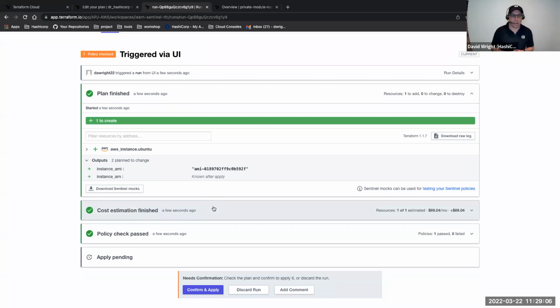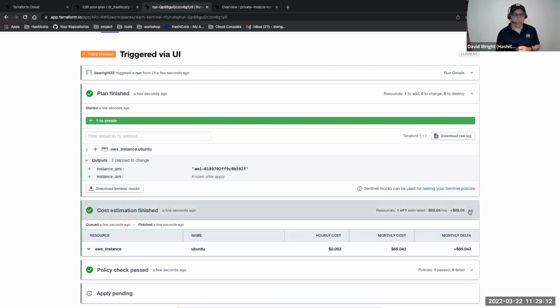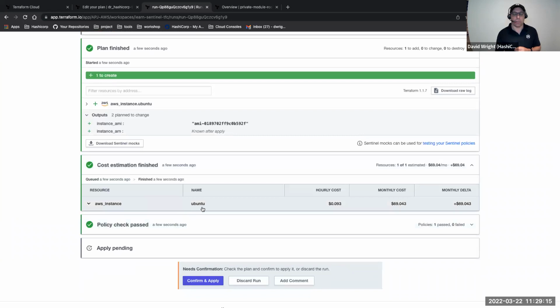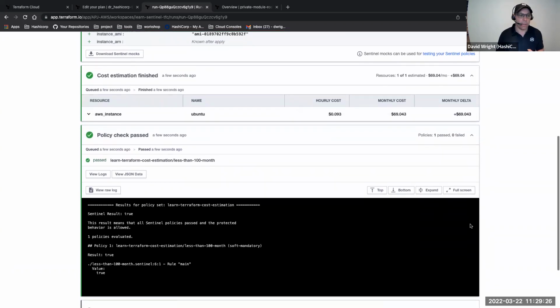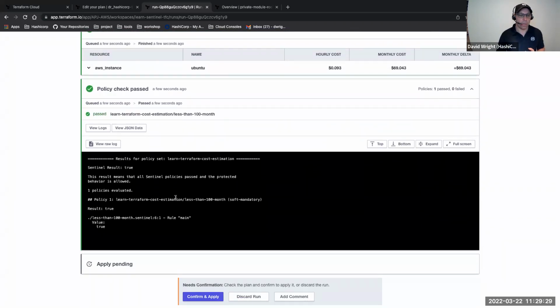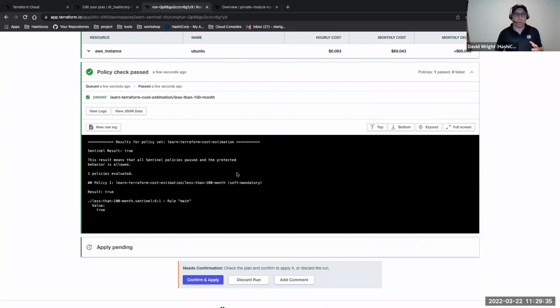I have cost estimation enabled for this environment, and in here you can see that it's going to run this Ubuntu instance and come up with a monthly cost for that. What I have also done is associate a policy, and we'll take a look at that in a moment, where we can tie that in. That policy is checking to make sure that the cost is less than $100 a month. So again, within your workflow, this gives you the ability to put some best practice control around your automation, but make it seamless so that you as a customer can deploy